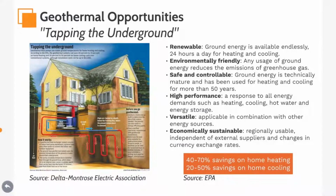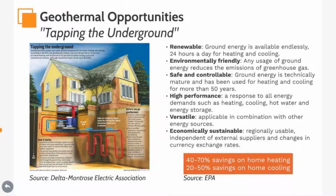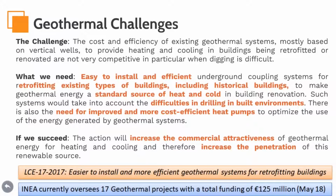So geothermal, tapping the underground, is an opportunity. It's always there, and it can deliver significant savings both on heating and cooling. And because geothermal is such an opportunity, the Commission had a call topic dedicated to geothermal